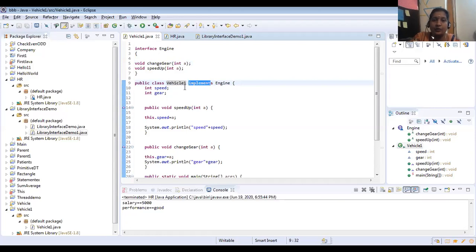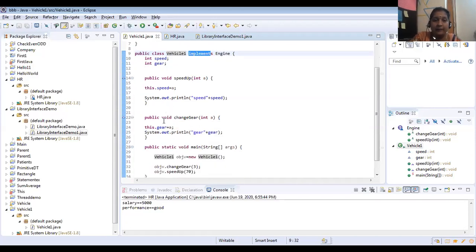Otherwise, I can't use it. So it is implementing the engine interface. Once you implement it, for whatever methods are declared inside this interface, we can give the implementation code. So in my Vehicle class, I have given the implementation for the changeGear(int a) method.